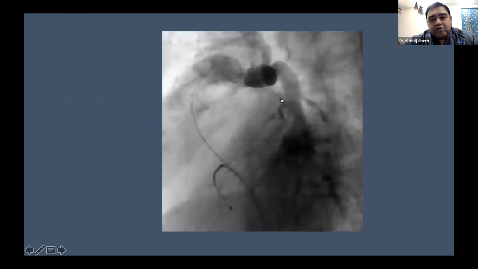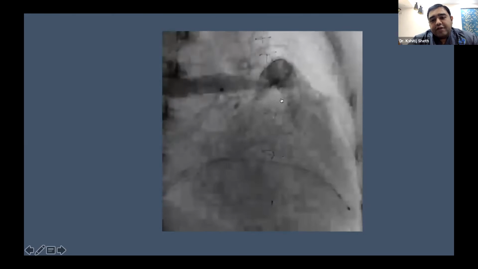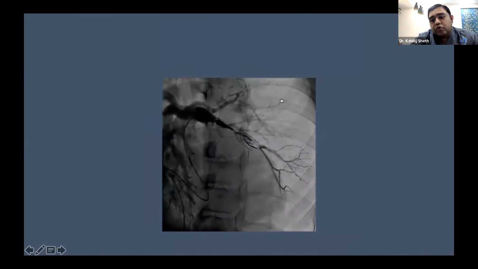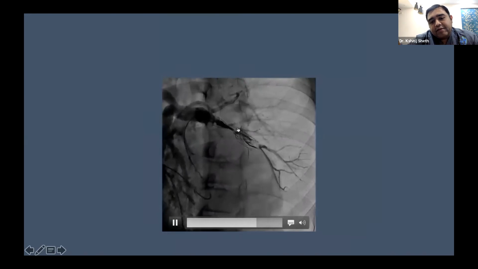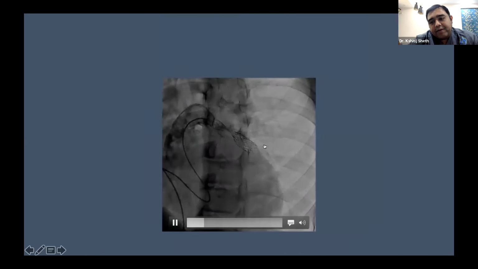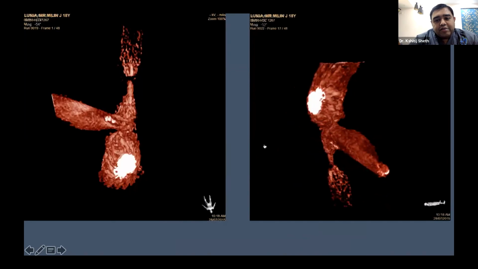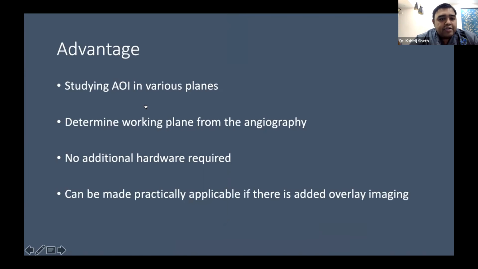Same thing on angiography, you could see that there is near cutoff of the left pulmonary artery, and this angiogram helped us to go for a selective angiogram. We determined the plane of the selective angiogram based on the rotational one, and you can easily demonstrate that the LPA is as thin as a thread and it is completely fragmented. These are the reconstructed images of the same. You can see the fragmented stent in different views, as I said initially.